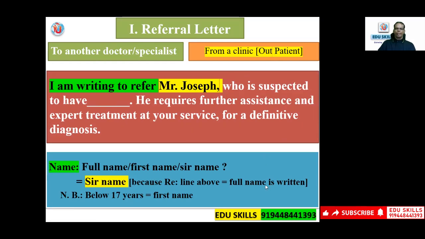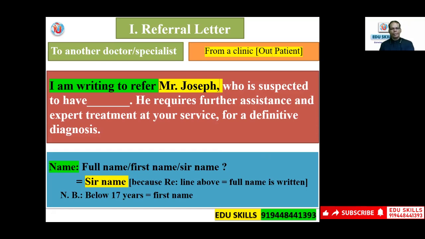There is always an argument or confusion regarding whether you should write the surname, first name or full name. Since you have the full name in the first line, the norm, not only for OET but in the culture and discipline of the language, is that once you have used the full name, you can use the surname. You are not allowed to use the first name only. If I am Salim Joseph, you cannot use Salim. You have to use Joseph, the second name, always.